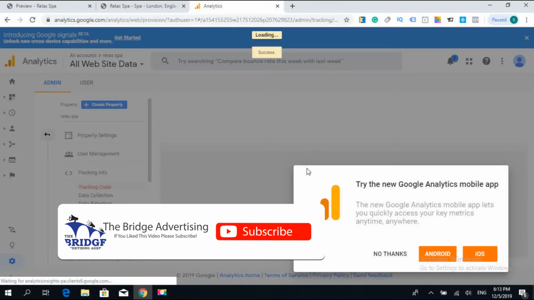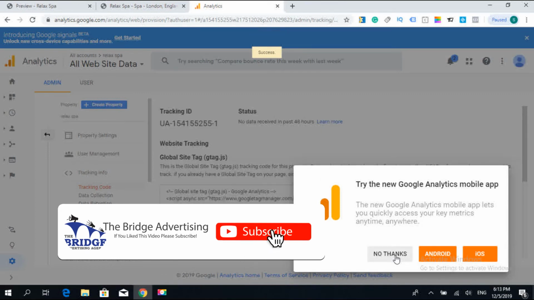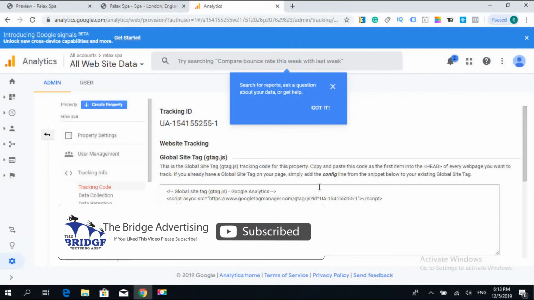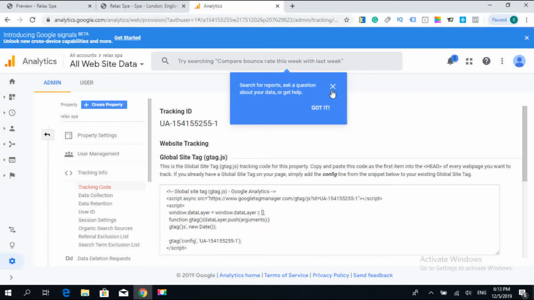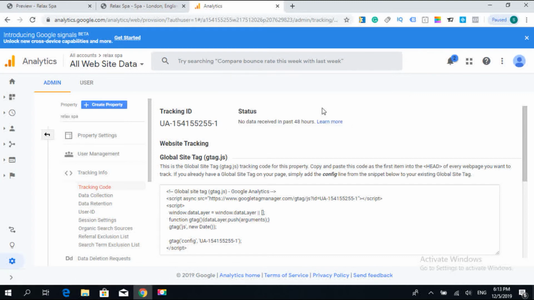Now I have signed in to my Google Analytics account, and here is my tracking ID, which I will copy and paste into my website. I can get it from here, tracking, and get it from the tracking code. I will get the tracking ID. I will copy this tracking ID